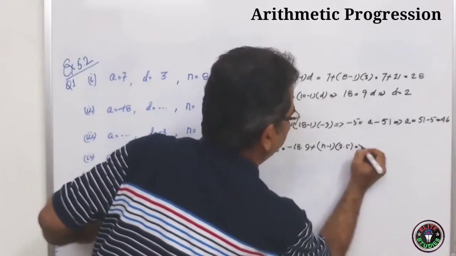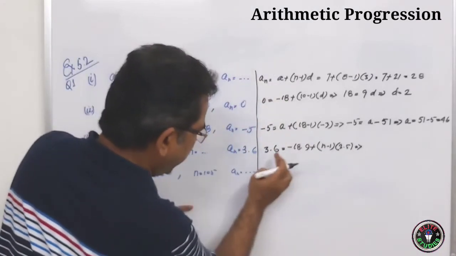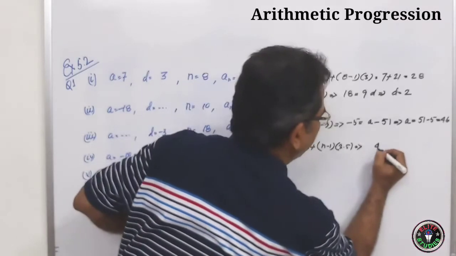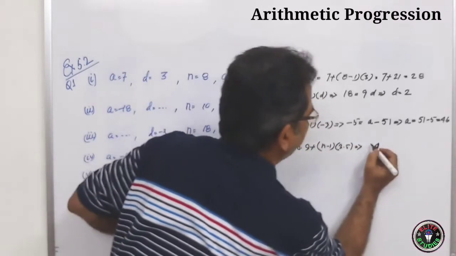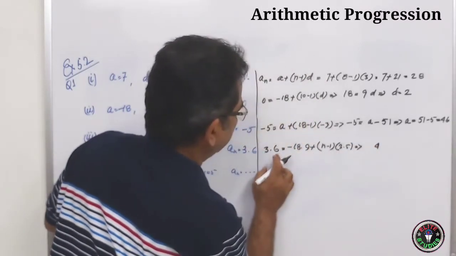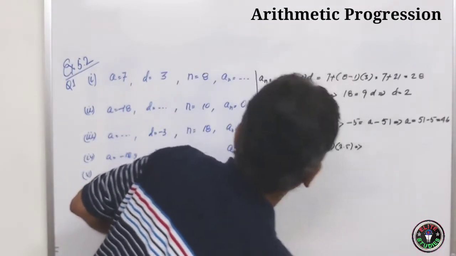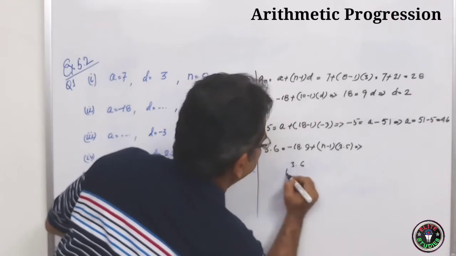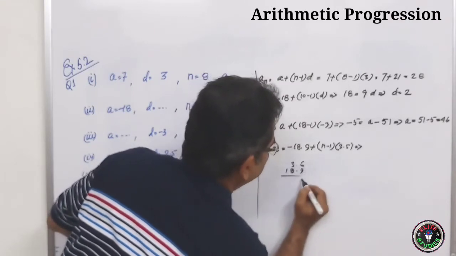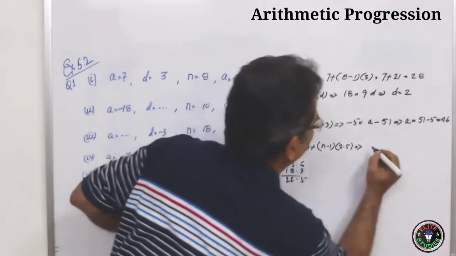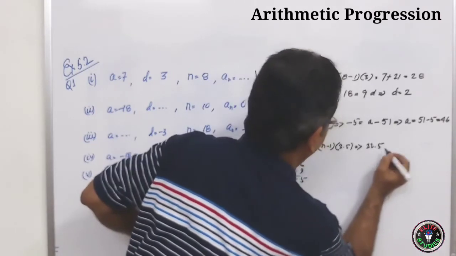2.5. So it implies how much? Bring this one this side. It will be plus. So 8, 6, 14. 4 carry 1. 3, 4, 1, 5. Sorry, it is 3.6. So 3.6, 18.9. 9, 6, 15, 5 carry a 1. 8, 9, 10, 2 carry a 1. 1, 1, 2. 2, 22.5.